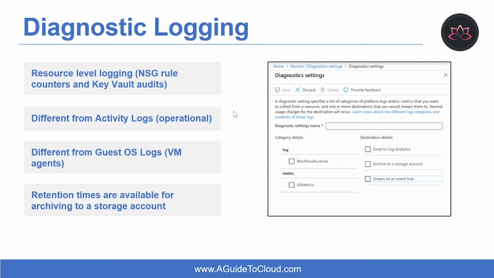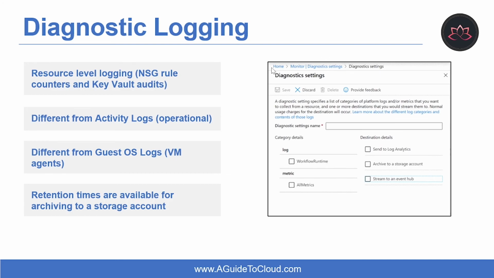Azure Monitor Diagnostic Logs are logs produced by an Azure service that provide rich, frequently collected data about the operation of that service. Azure Monitor makes two types of diagnostic logs available: tenant logs and resource logs. So what are tenant logs? Tenant logs come from tenant-level services that exist outside of an Azure subscription, such as Azure Active Directory. Then we have resource logs. Resource logs come from Azure services that deploy resources within the Azure subscription, such as network security groups or storage accounts.